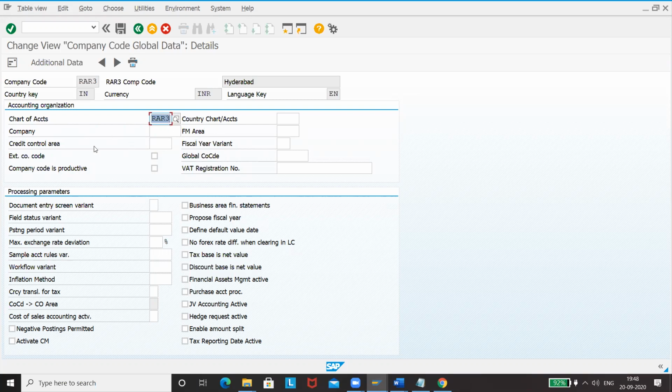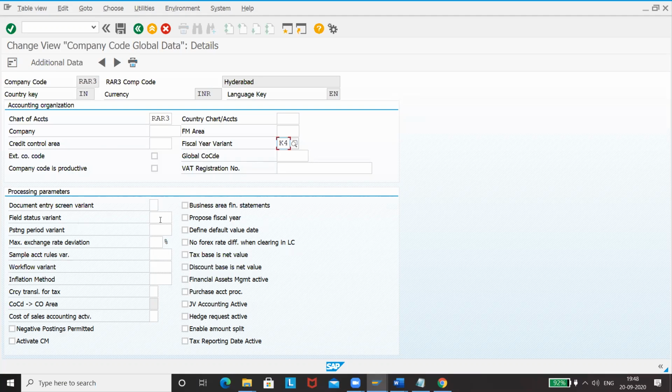Company code is not needed. This one is also not needed. Field status variant is needed. If you are following calendar year, use K4, which is calendar year and 4 special periods. If you are following other than calendar year, then you can go for V3, which is not needed. Please go for V4. K4 for the time being.